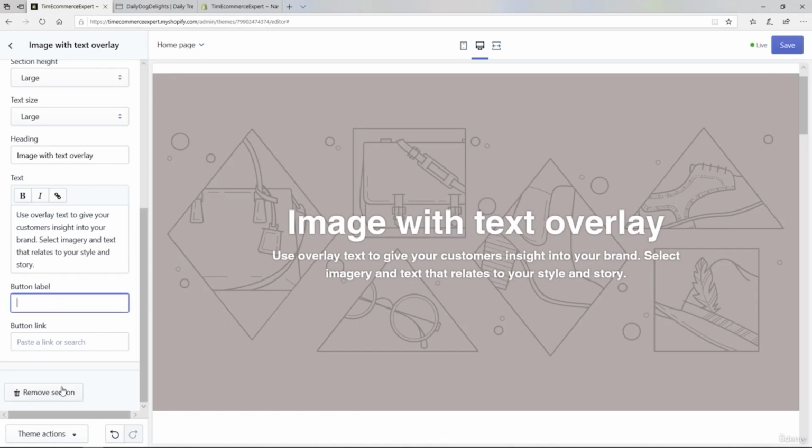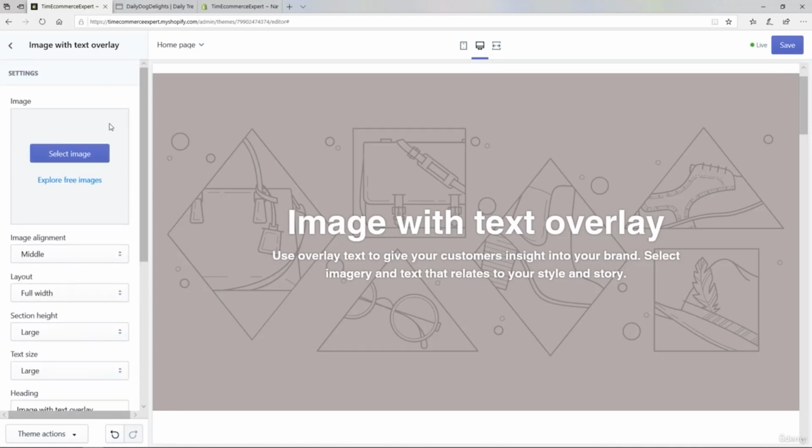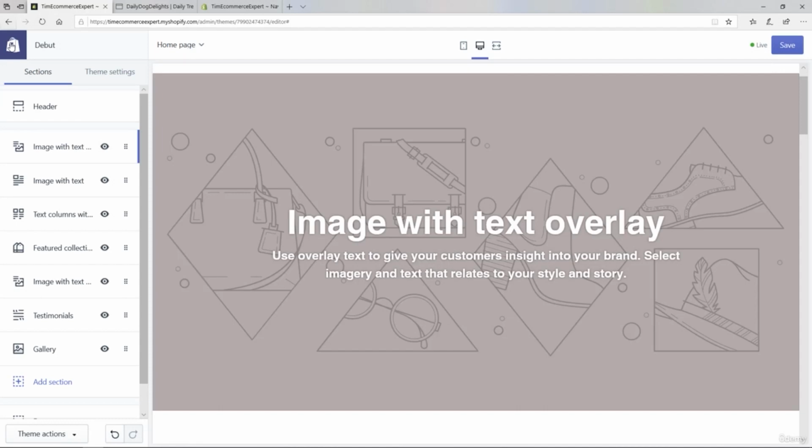Now the last thing is we can remove this section entirely, not just hide it, but remove it completely from the home page simply by clicking on the Remove Section button. So scrolling up to the top, let's come out of here and look at the next section, which is the